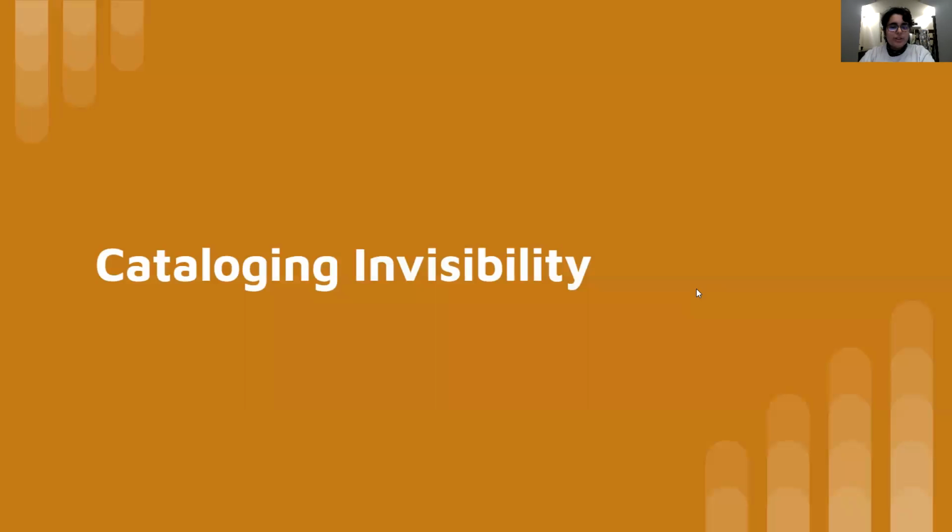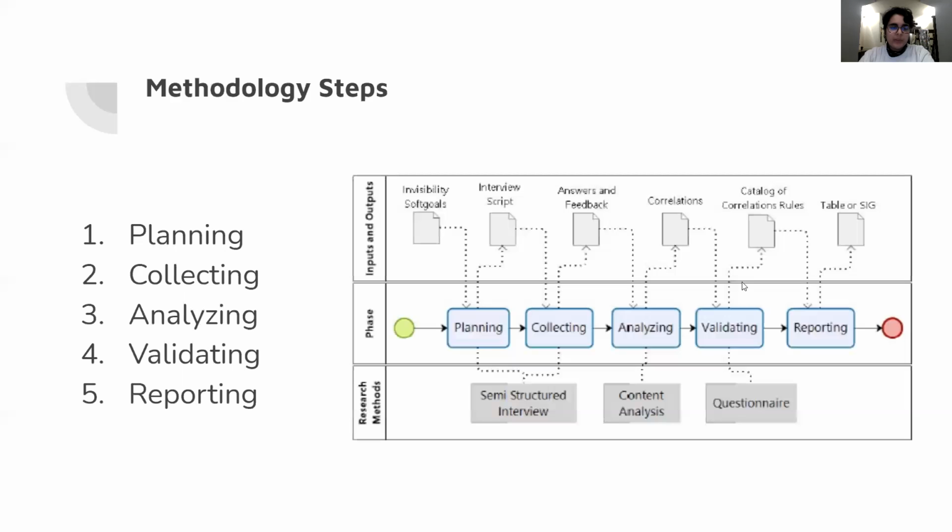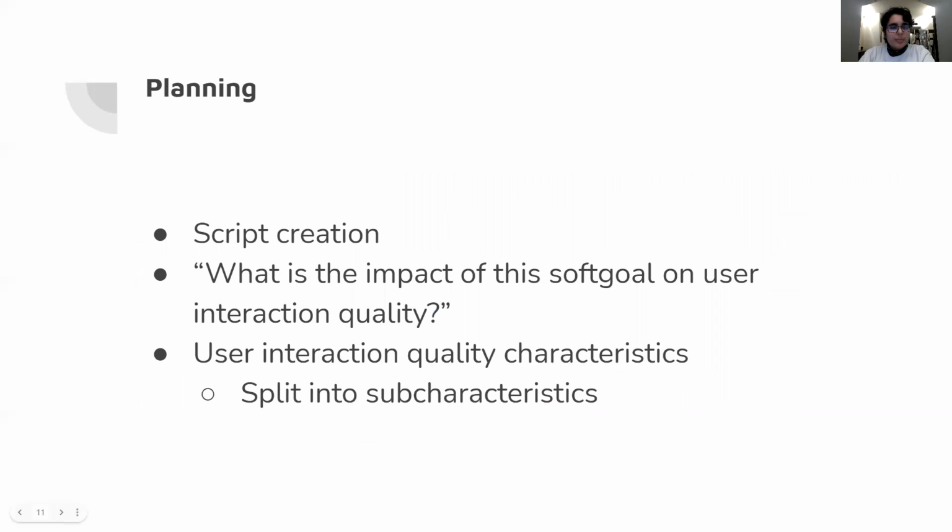So the main challenge here is figuring out a procedure in order to catalog invisibility. To do so, the research was split into 5 steps: planning, collecting, analyzing, validating, and reporting the data. In the first phase, the interview script was written in 4 parts: an introduction, instructions, demographic data, and questions about the interview itself. Then 44 soft goals were linked to the question, what is the impact of this soft goal